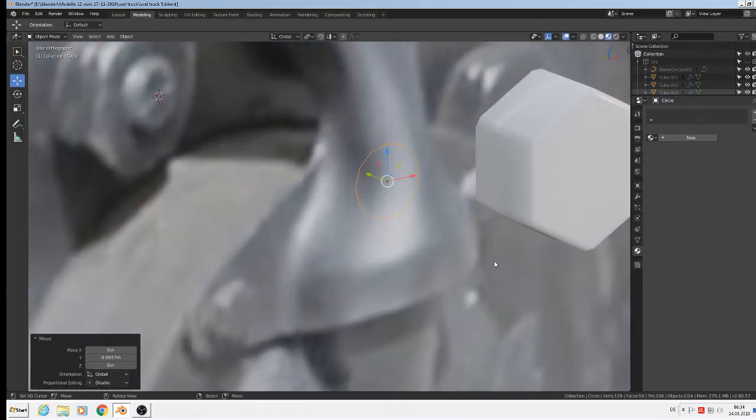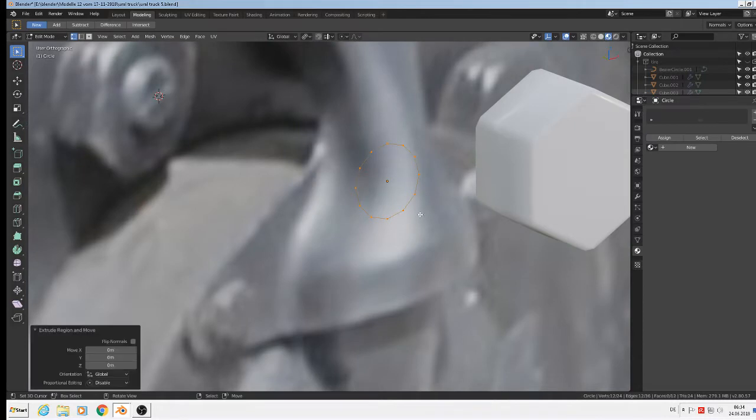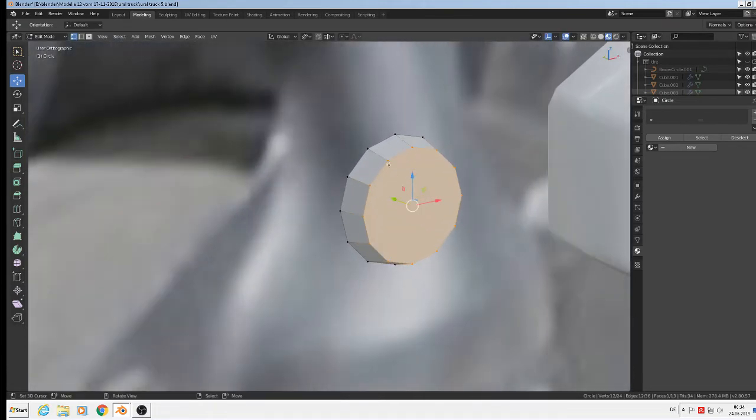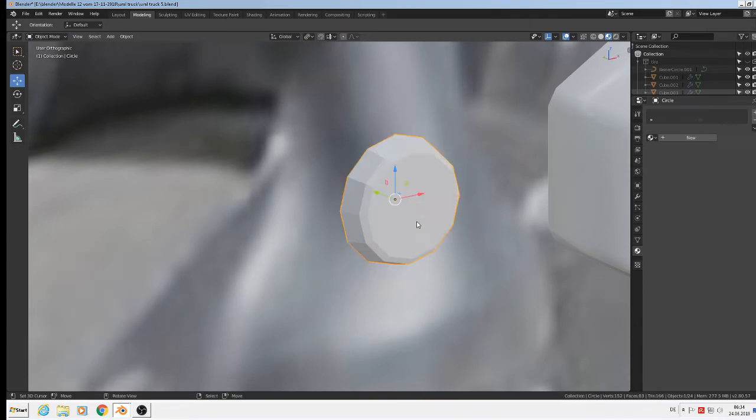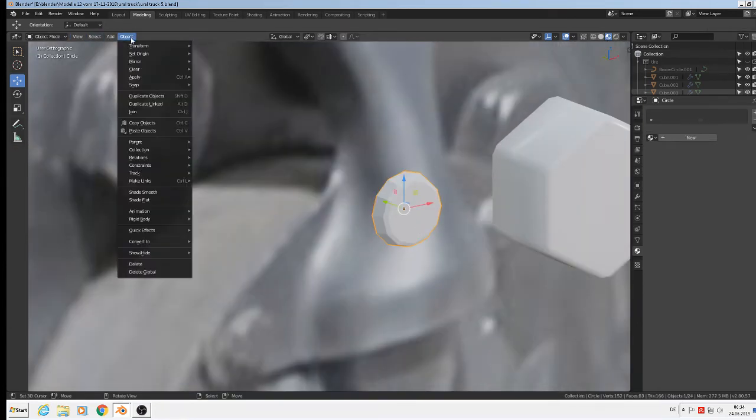Then edit mode, extrude. Bring it there. Scale it a little bit down. And F to close. Here we only need to bevel that last part there. Control B and move the mouse. So we have that. Here we also take a shade smooth